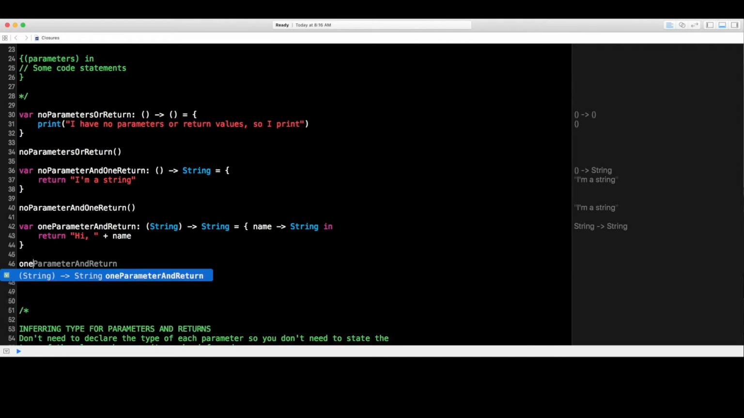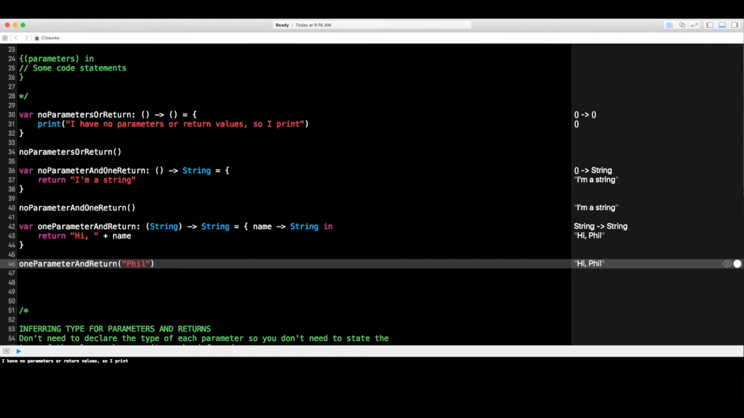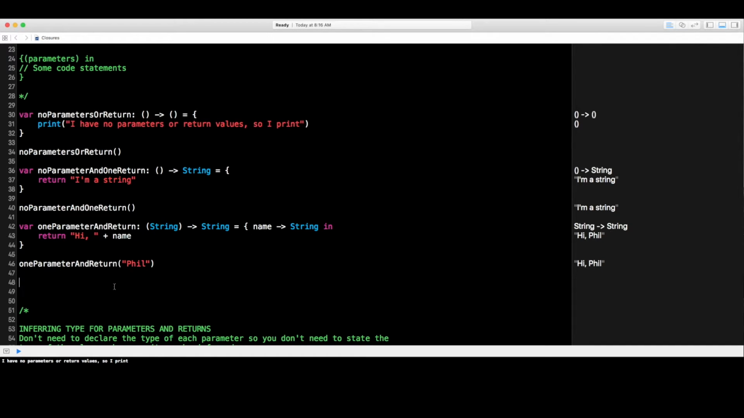So we do one parameter and return. Now we have to enter in our string because we have one parameter in there. Let's do Phil. It says hi, Phil. So there we go. It definitely works. So my next one I'm going to do is one that has multiple parameters,